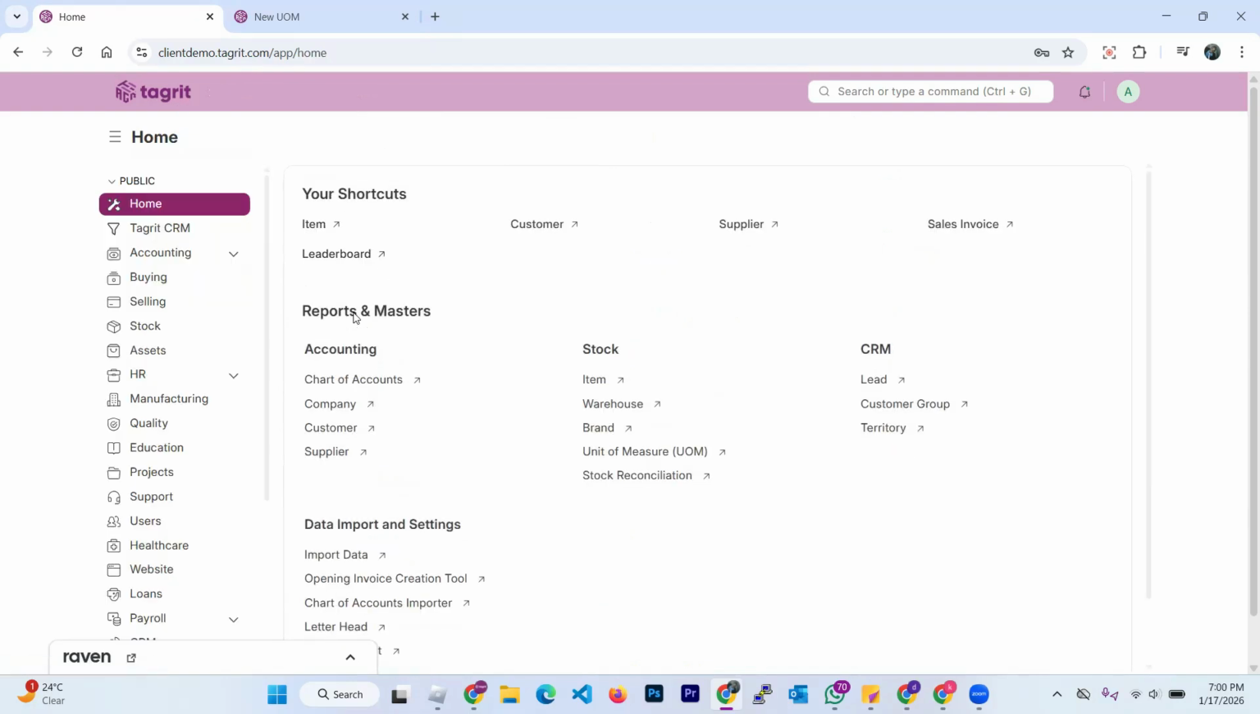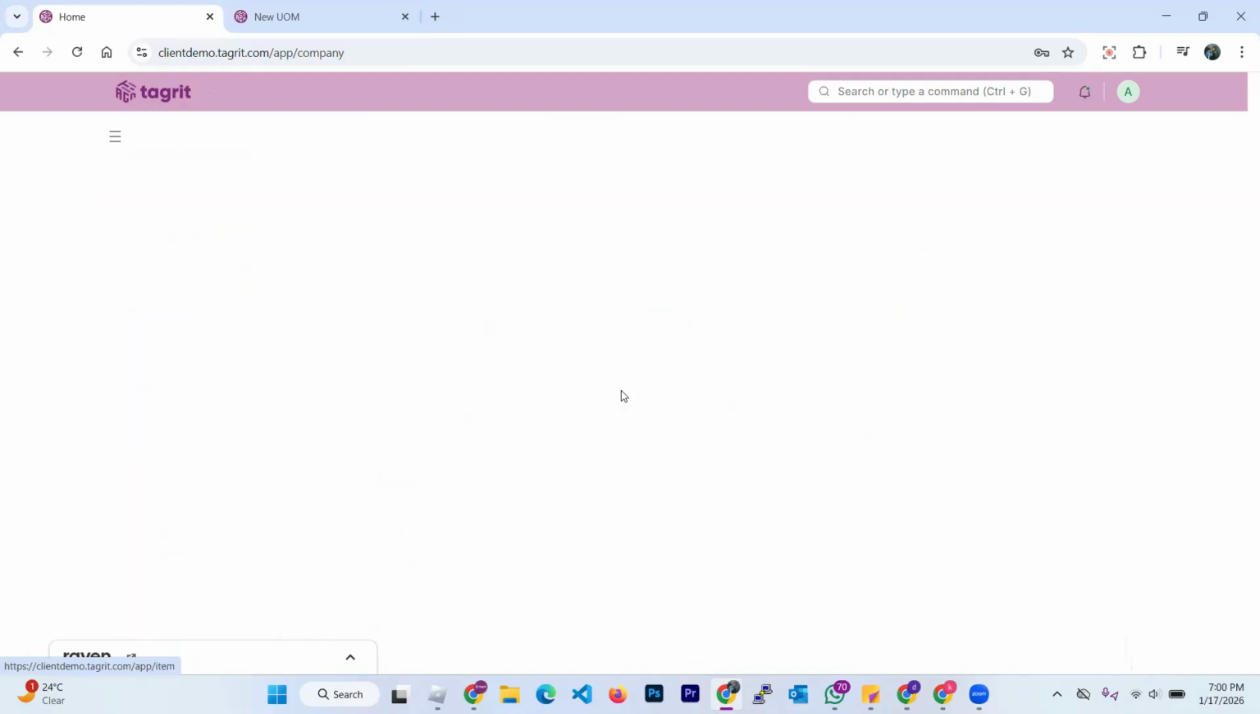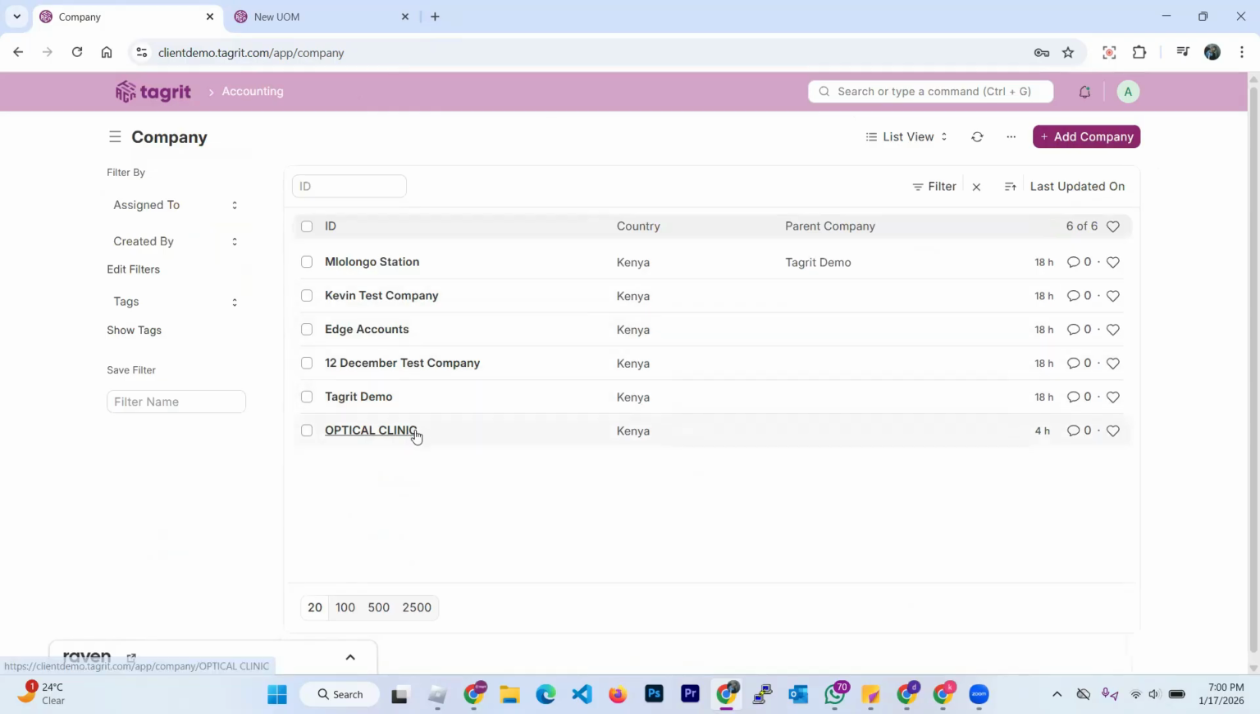I've also done the company setup. If you go to the company list, since our system is a multi-company system, I've opened a company named Optical Clinic. This is the company that we are dealing with. So I will switch